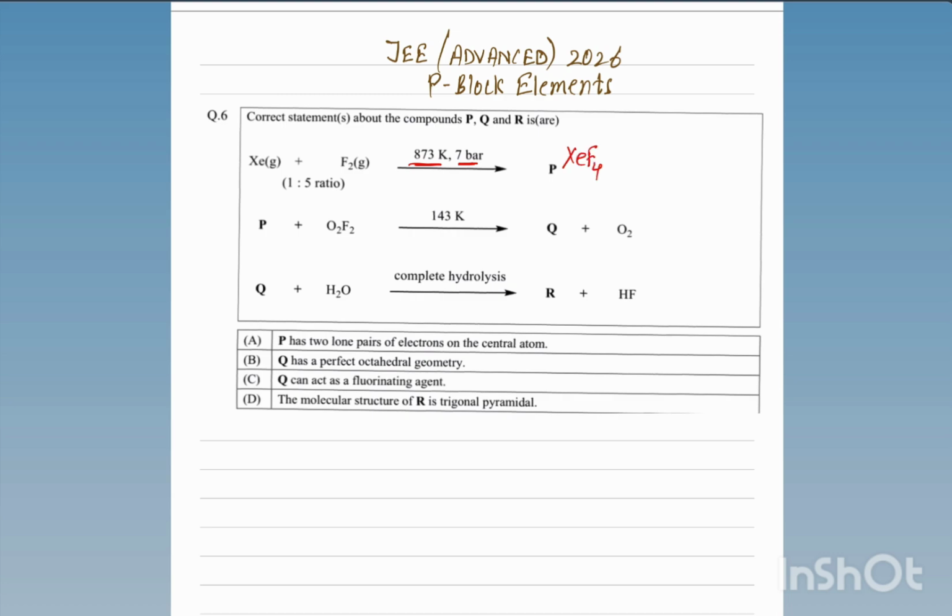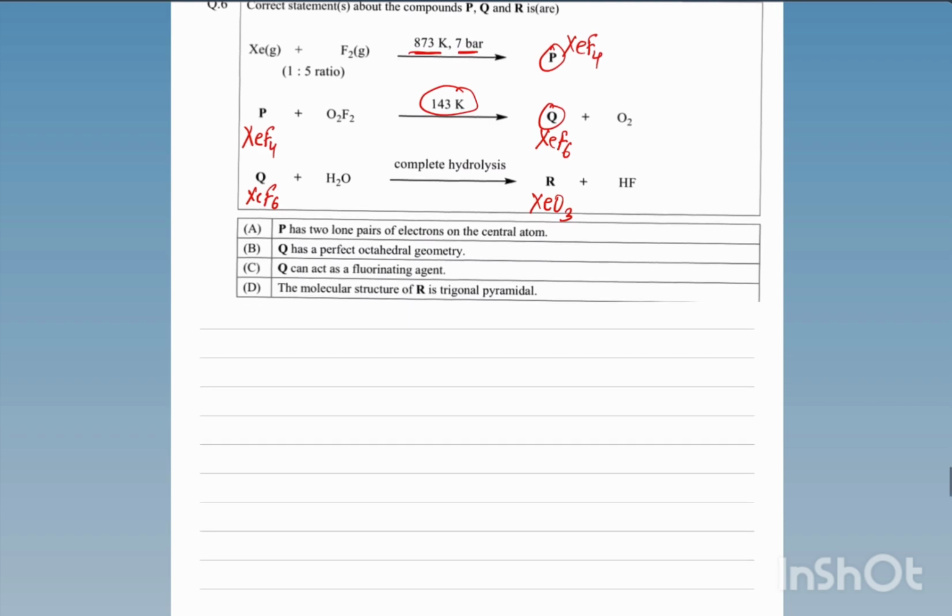Xenon tetrafluoride will be the P product, and the other one is the XeF4 when reacted with O2F2. So at 143 Kelvin it gives XeF6, and this XeF6, which is Q, reacts with water, complete hydrolysis. After having the complete hydrolysis, it gives XeO3, xenon trioxide. So if you see, the first option is saying,